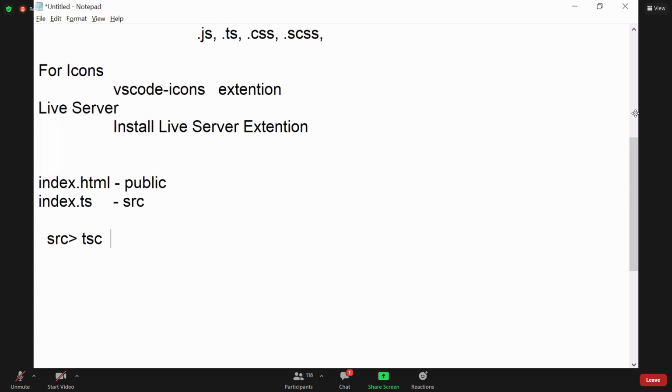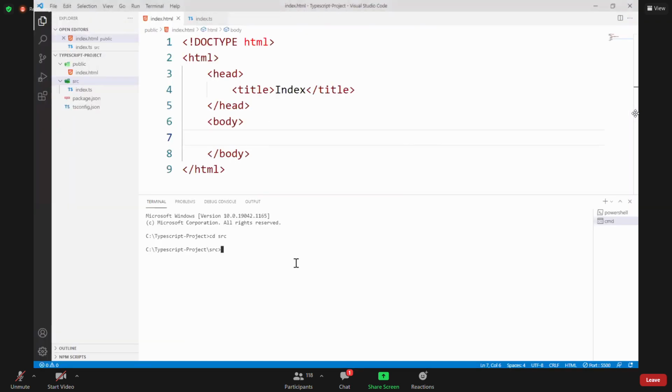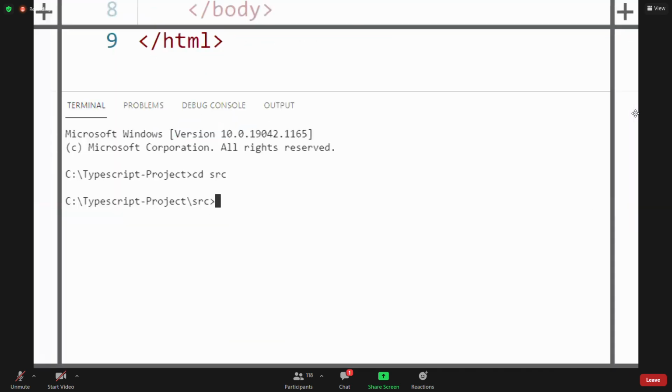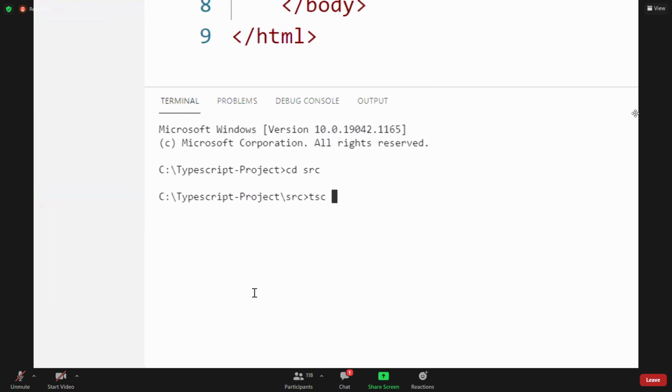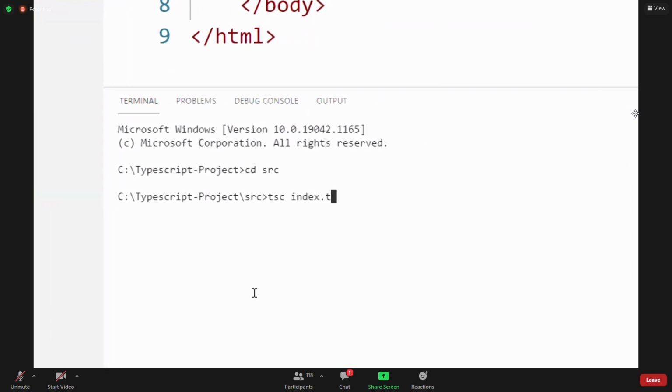The TypeScript transcompiler is going to translate the TypeScript into JavaScript. Which file do we have to mention? index.ts. That means the TypeScript program is going to be translated into JavaScript. So we write this command here, tsc index.ts.